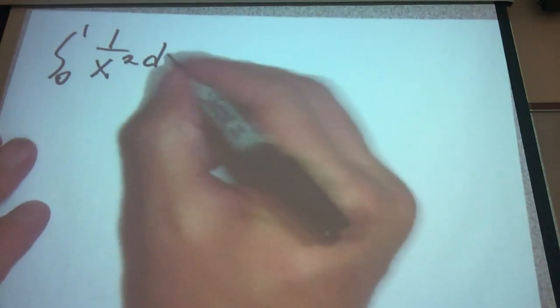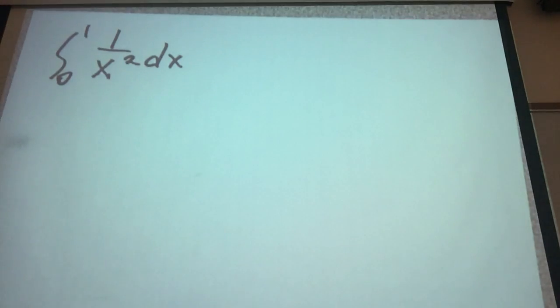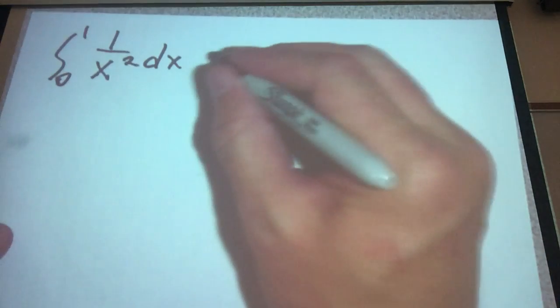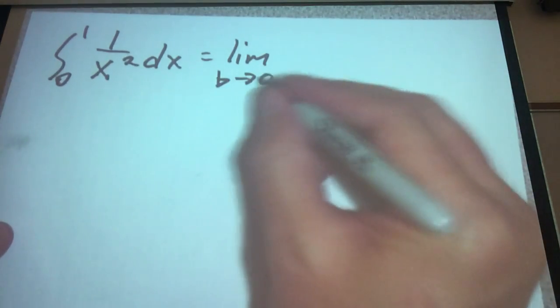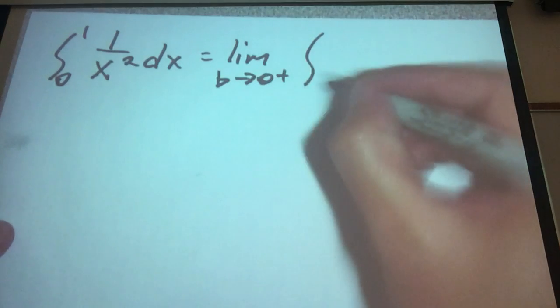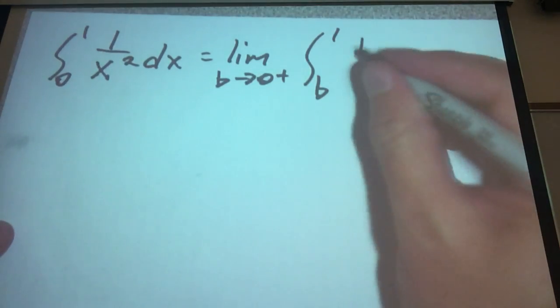the integral from 0 to 1 of 1 divided by x squared. Okay? So on the previous video, when it's 1 to infinity, it was convergent. Okay? But what about around 0? This will equal the limit. Now as b tends towards 0 from the right, the integral from b to 1 of 1 divided by x